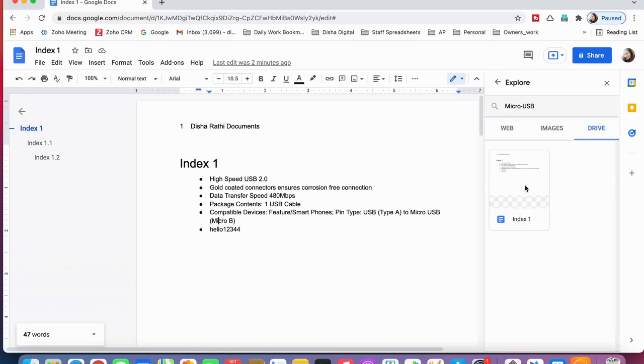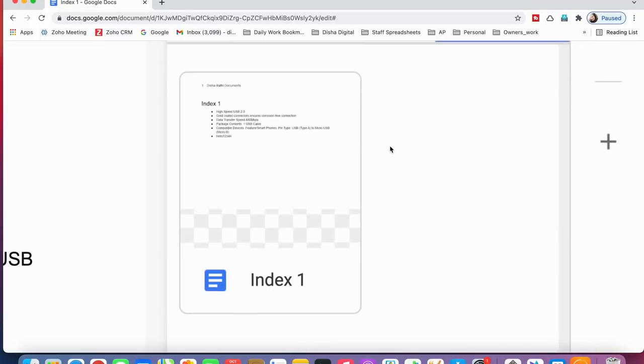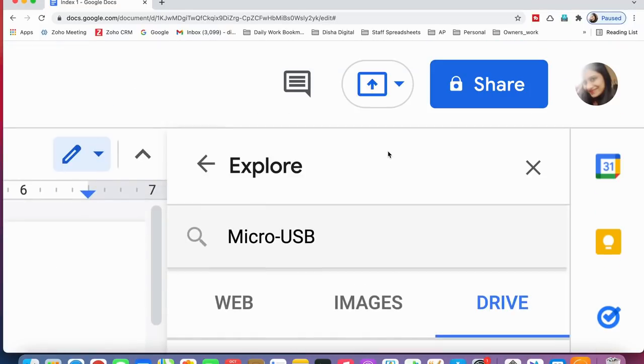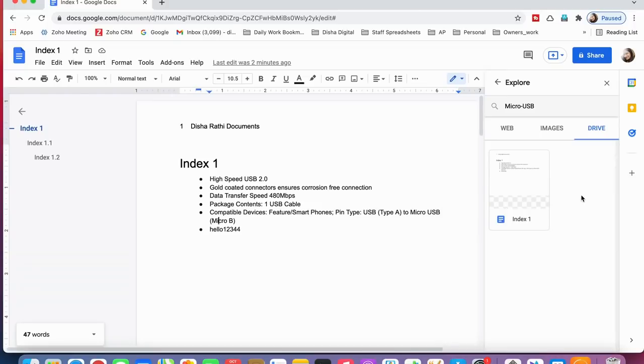But it is a best feature: if you have used this particular word micro USB in any other sheets, documents or presentations and that document is saved in Drive, then the Explore function will show all those documents from your Drive here.